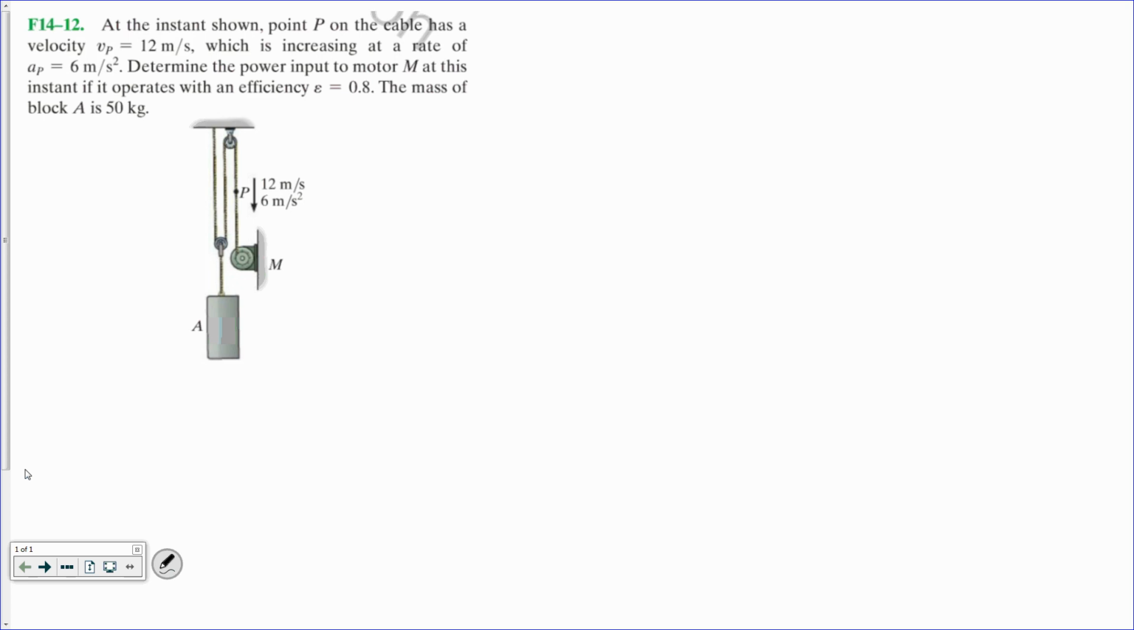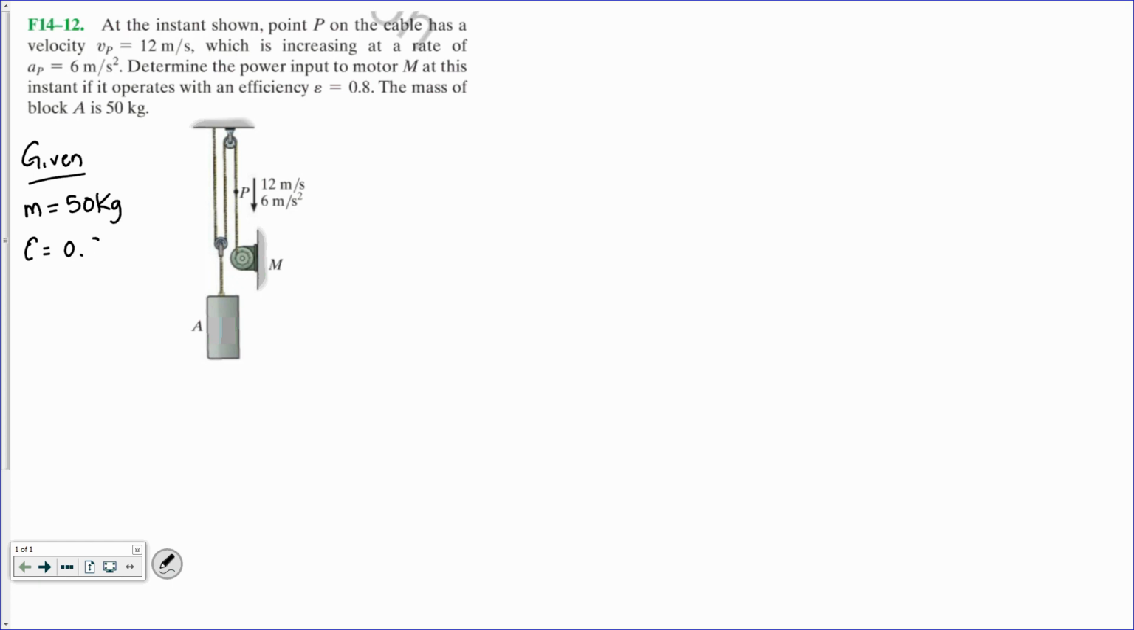Okay, well, again, let's start off by listing what is given in this problem. So the speed of the point P is drawn there. The acceleration, 6 meters per second squared, is also drawn. But let's make it clear that the mass of the block A is 50 kilograms, and the efficiency of the